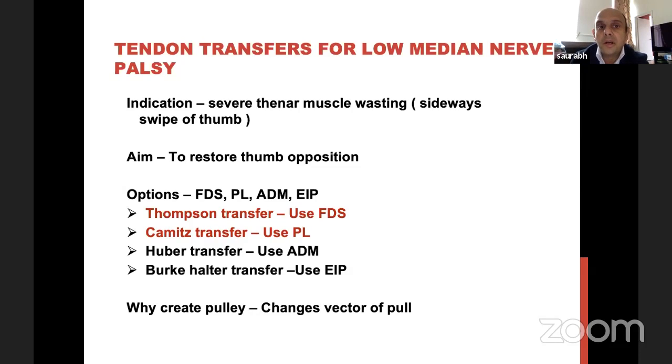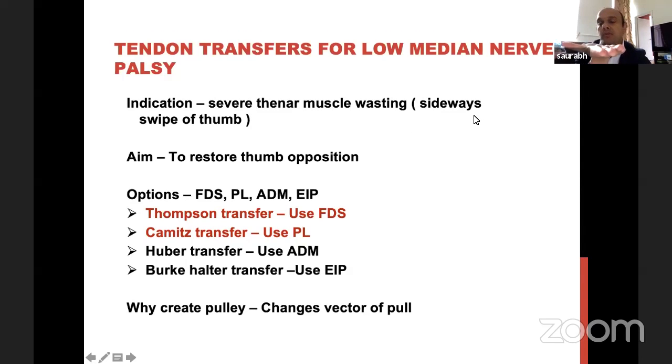So we finish carpal tunnel. Then the tendon transfers for low median nerve. We're not going to do high median nerve today. We're not doing pronator syndrome today. So for carpal tunnel, as I just showed you in the last picture, severe wasting, sideways swipe of the